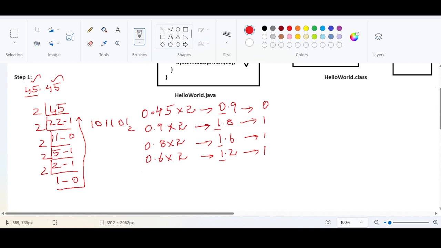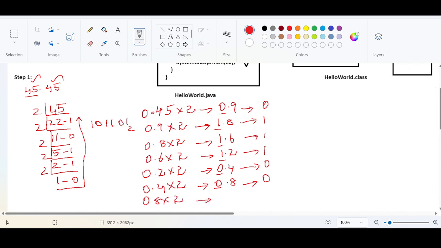Again 1.2 we don't take, 0.2 into 2 times 0.4, extract this 0. So again 0.4 into 2 times, what we get? 0.8, right? Extract this 0. Again 0.8 into 2 times, we get 1.6. Extract this 1. So let me stop here, because if you see the pattern,